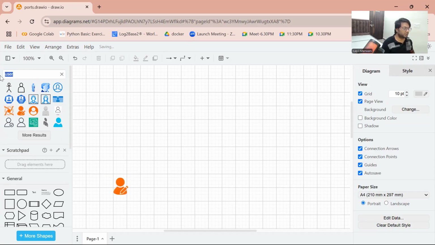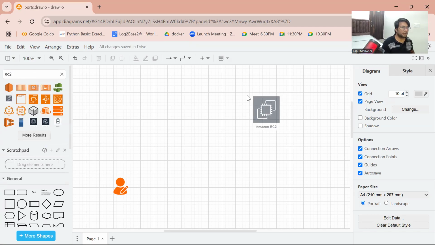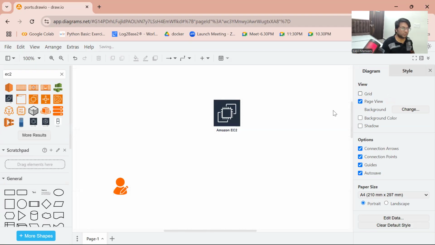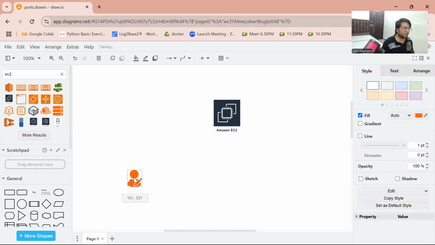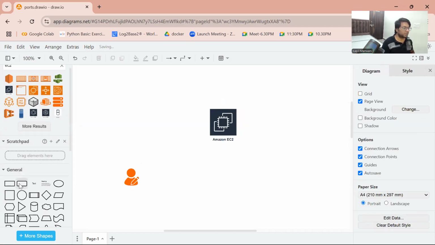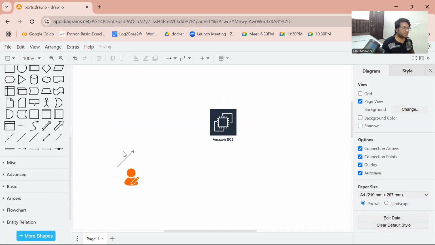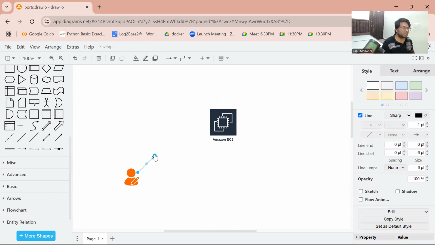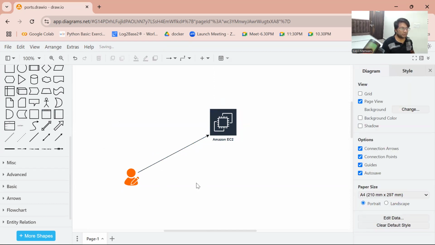I want to connect to my server, which is nothing but EC2. So let's say this is my EC2 machine somewhere. Now if I want to connect to this EC2 machine and I want to do SSH,